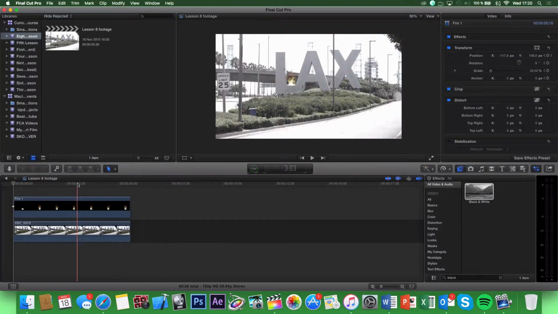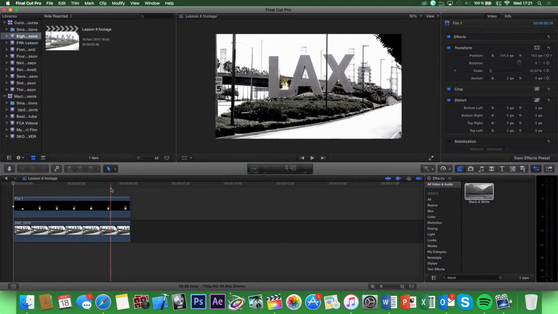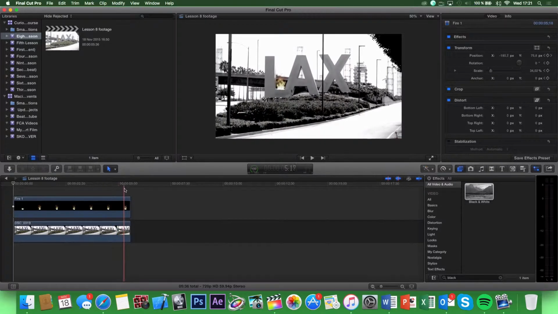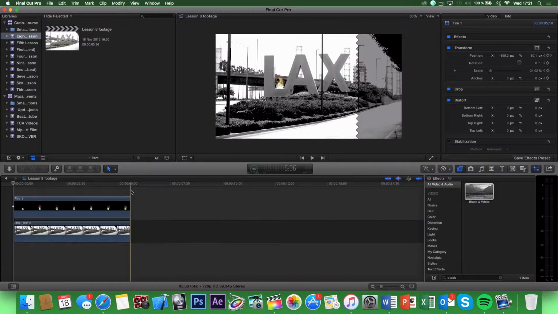So it actually looks pretty good. The fire stays in place and everything pretty much looks great. But there is one thing that looks kind of out of place, and that is that the fire stays saturated even when the footage desaturates at the end. I actually think it looks kind of cool, like as a contrast, the fire stays saturated and the footage desaturates. And I think I'm just gonna keep that.